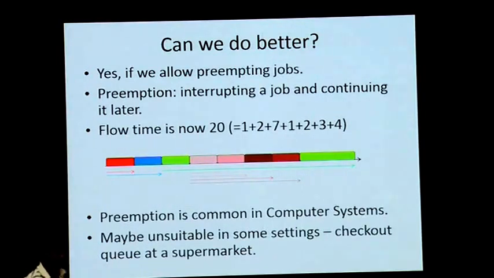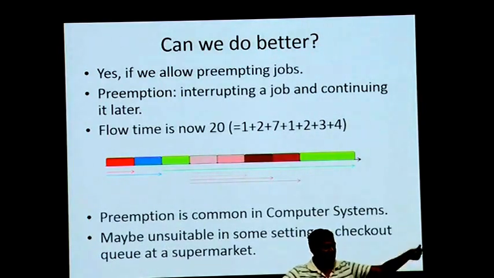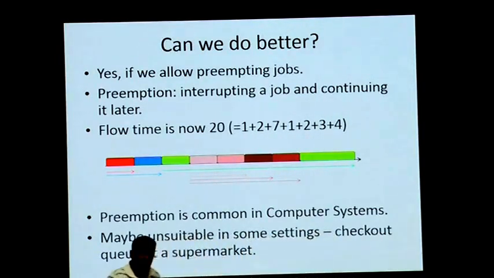Okay? So this should be intuitively very obvious to you, right? Suppose you are standing at the checkout counter of a store. Okay? You have bought 6 bananas, right? This happens to me all the time at Shuffle. Right? I have 6 bananas in my hand, and the person ahead of me has 2 basketfuls of vegetables. Right? Suppose there were not just me standing with 6 bananas, but there were 5 other people standing behind me with 6 bananas each. Now, what would be a better way of scheduling?